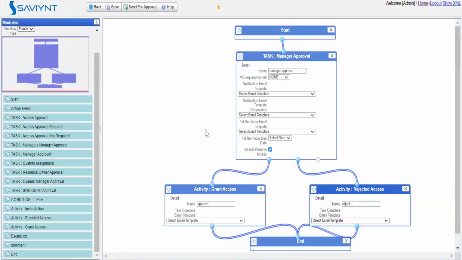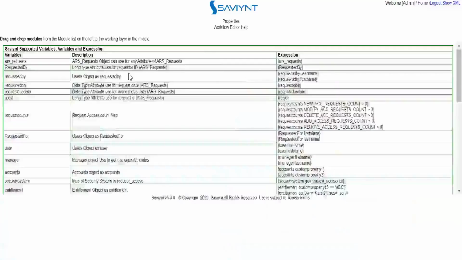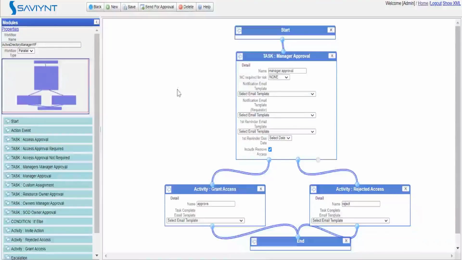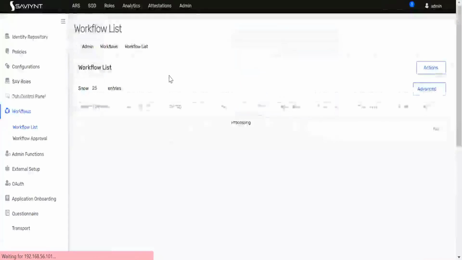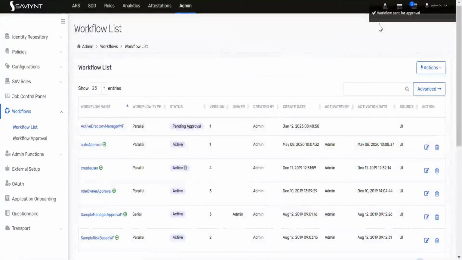OK. Now, save it. OK. Once you save it, this workflow, click on Send Approval. So this workflow is sent for approval. OK, and you have to